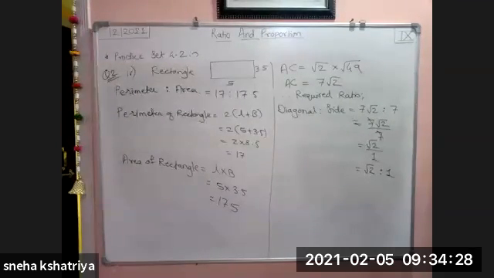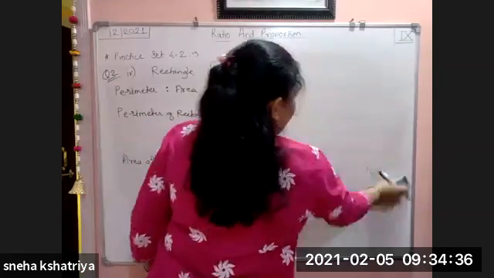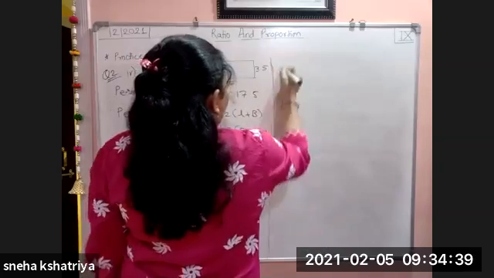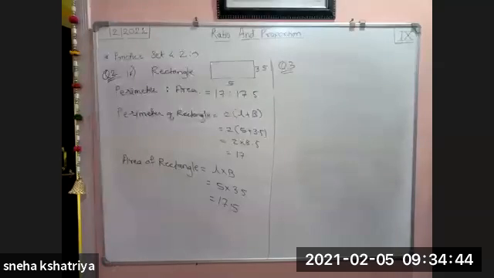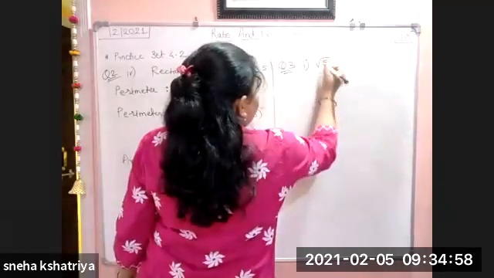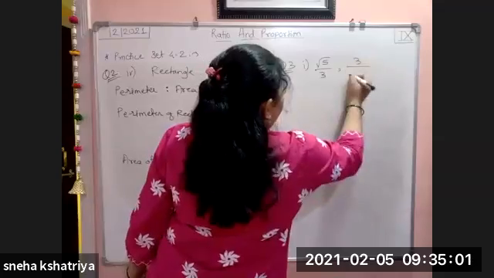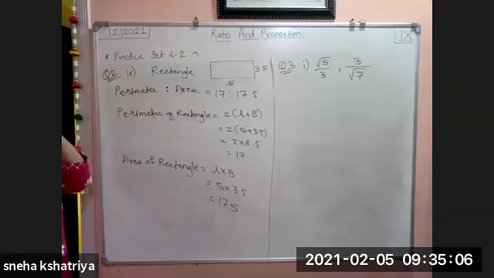Next question. Compare the following pairs of ratios. Okay, compare. Here comes the practice set 4.2's important question, question number 3, that you have to compare the given following ratios. Whatever the following ratios are there, that you have to compare. It is very easy and very important also. First ratio is given to you, that is root 5 divided by 3, and 3 divided by root 7. Very easy kind of examples these are.